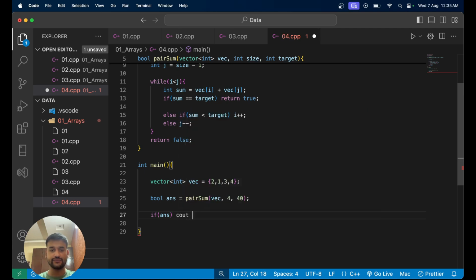So in this case, I'm just going to cout element is not present, but sum of two numbers is equal to target,